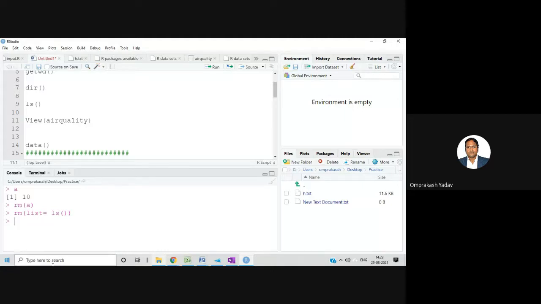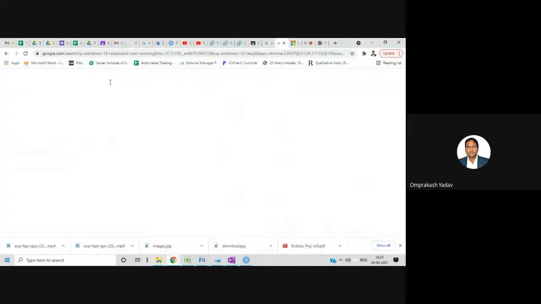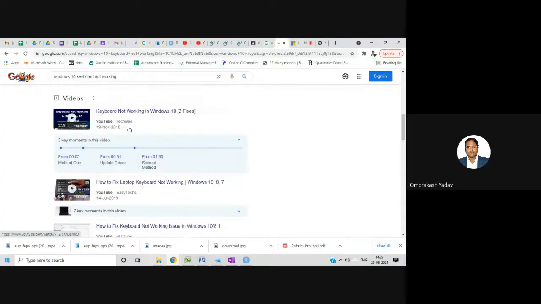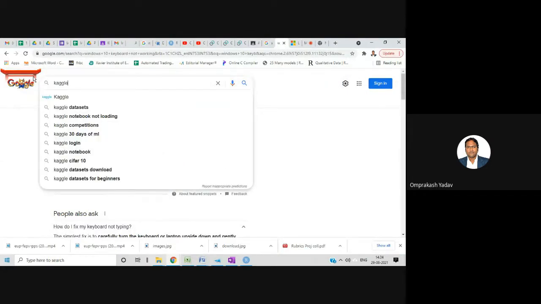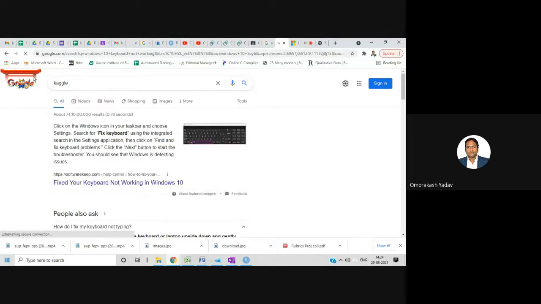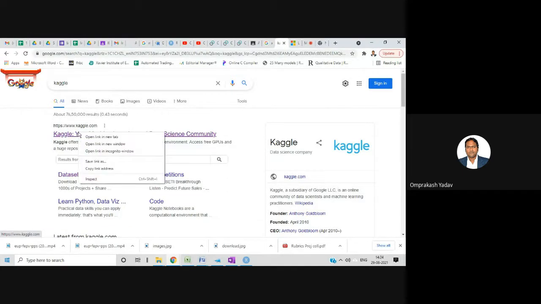For example, let me show you. You can just type Kaggle, enter, and open it.